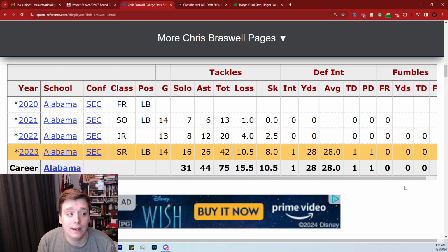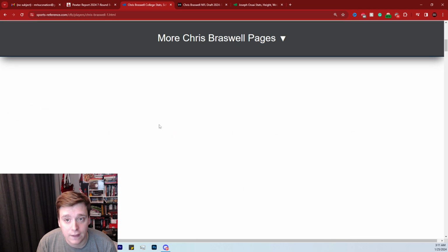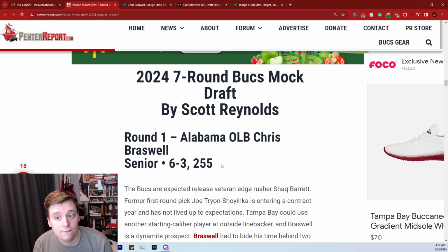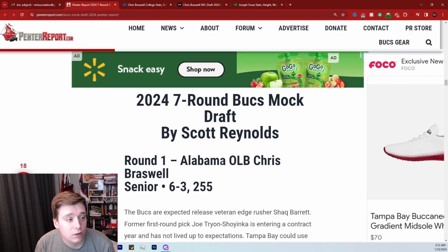What you see here is a lot of versatility, a lot of athleticism to be able to stop the run, to be able to get after the passer, to be able to maybe get an interception and, hey, maybe even take it to the house if you need to. He played in all of Alabama's games this year, 14 total, and is just a very versatile defender that I think can do a lot of good different things. Again, the size of 6'3", 255 is a good size, in my opinion, for a 3-4 outside linebacker, an edge rusher, a guy who can really get after it and do a lot of different types